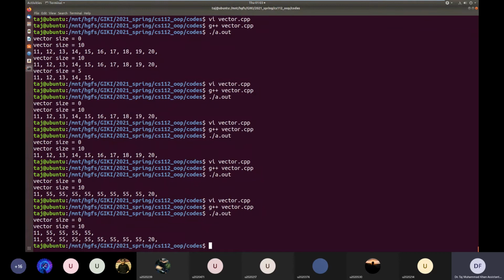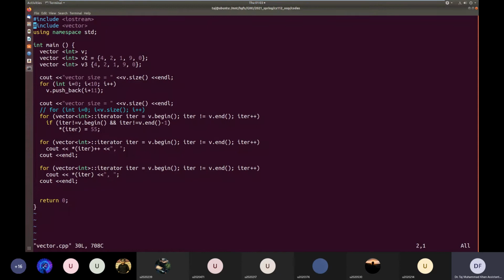I think it's a problem of operator precedence. Instead of incrementing the value referred to by that iterator, it is incrementing the iterator. That's why it was printing half the vector.